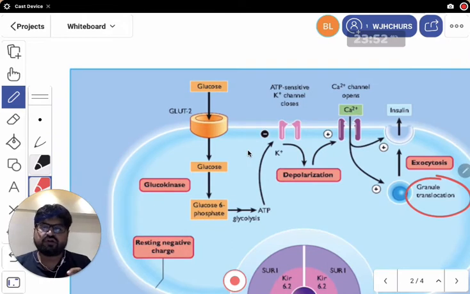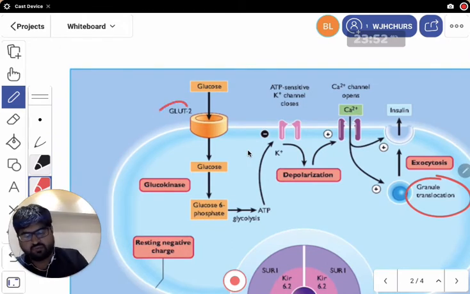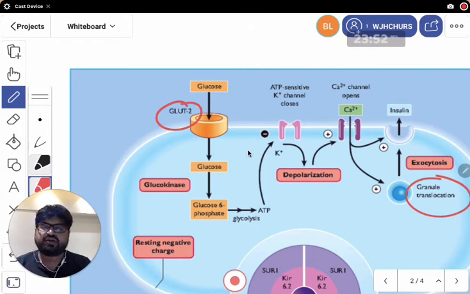So first of all, the glucose enters the pancreatic beta cells via an entry port which is known as GLUT2. Now all these things are important to know, because in some of the future lectures we'll discuss certain diseases that are related to some of these components here. Okay, so glucose enters the cell via GLUT2.